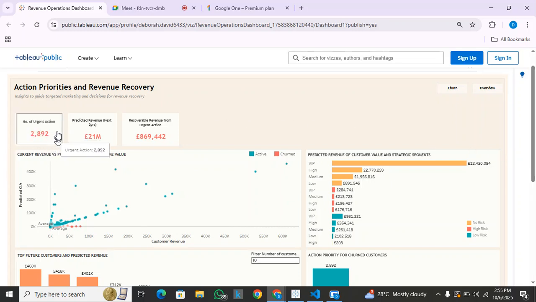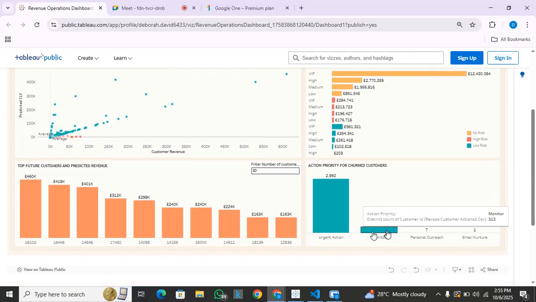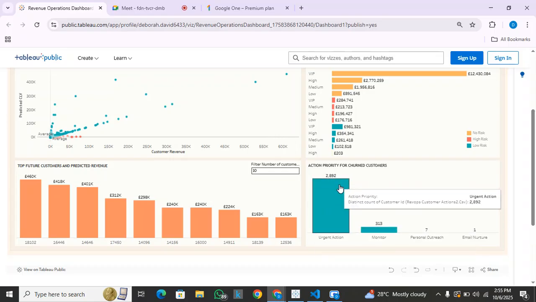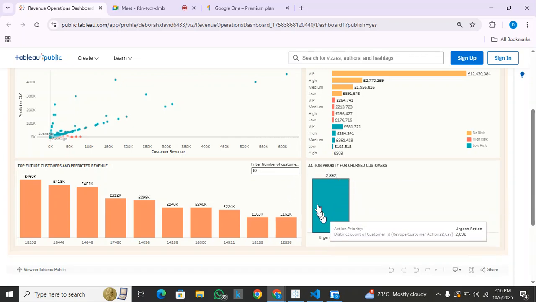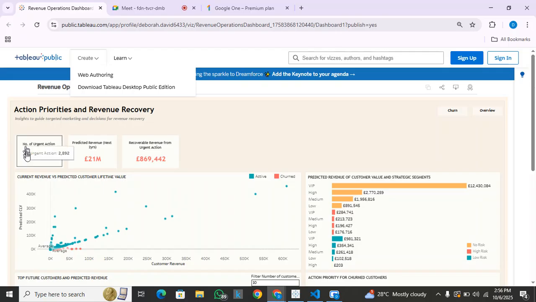So the number of urgent actions, because the action priority was divided into different segments. Urgent actions are the customers that need attention, or need urgent action so that they are retained. These are the customers that have a higher risk of leaving the business, so urgent action needs to be taken. So the number of urgent actions are